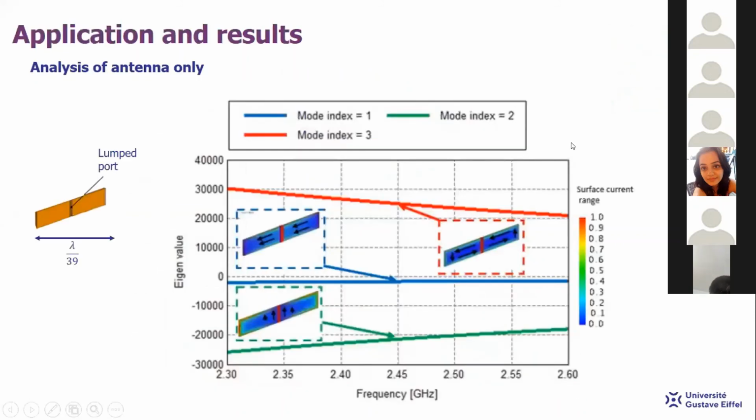Now we will move to analyze the antenna separately to better understand its behavior. Of course, it's non-resonating. The overall size of this antenna is lambda over 39. At this frequency band, the antenna is non-resonating. We have mode 1, which is an electric mode, and the current distribution is like a regular small dipole. The second one is also an electric mode, and we have the current distribution here, normalized. And the third mode is a magnetic mode, and here the current distribution represents a loop antenna.